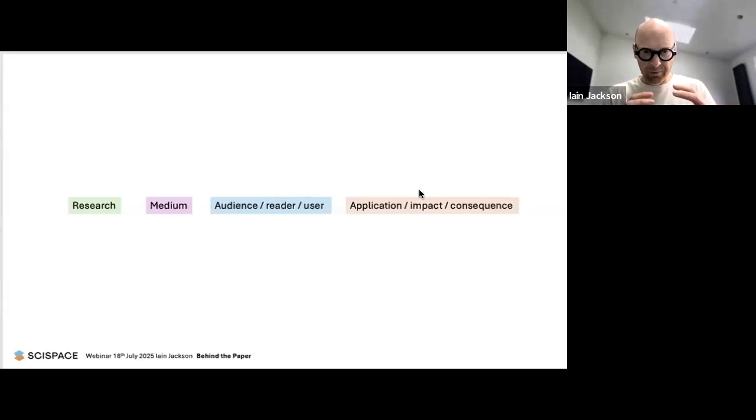So we often face a blockage at each stage. We face a blockage with the research, how to do it and what we're doing in the lab or with our methods. Then there's how to share it effectively. Often our research gets lost in that stage, or we even give up. And then we hope our audience or our reader or our user can understand what we're saying properly and make sense of it. And then does it even get to any use? So that's what we're trying to do.